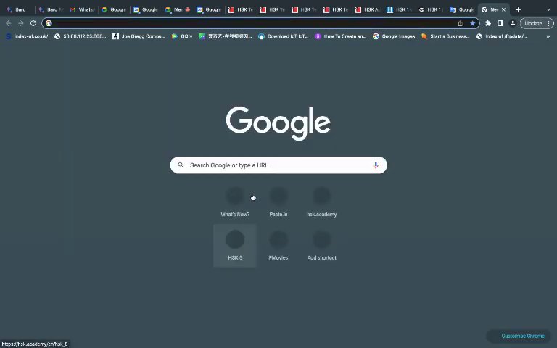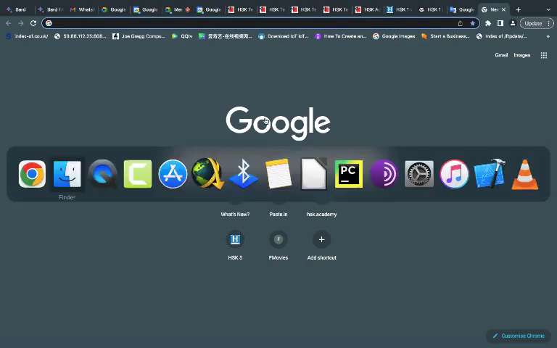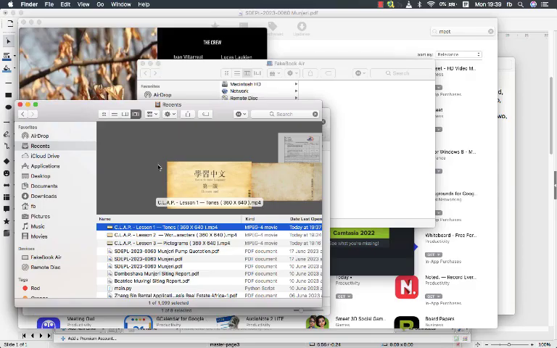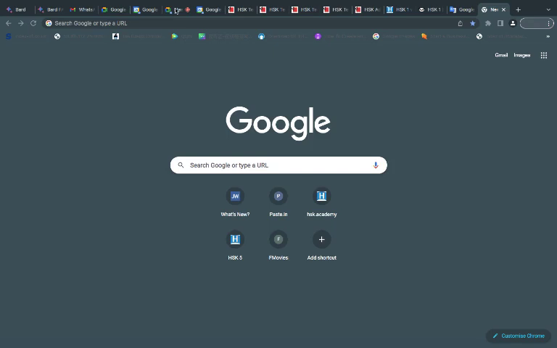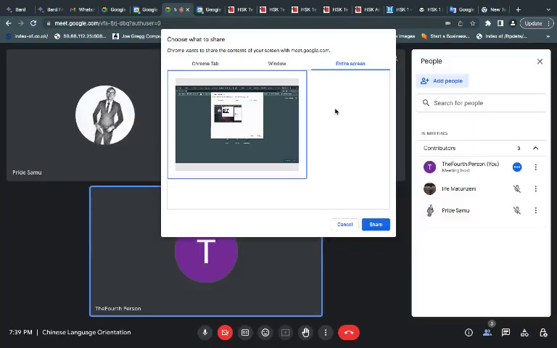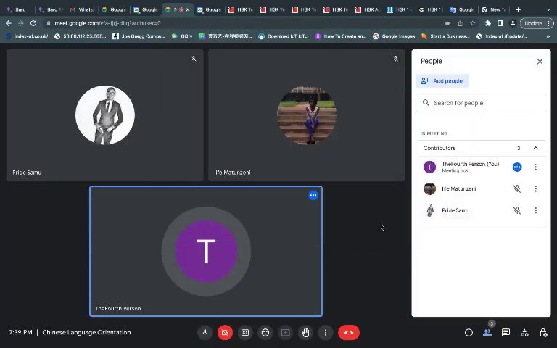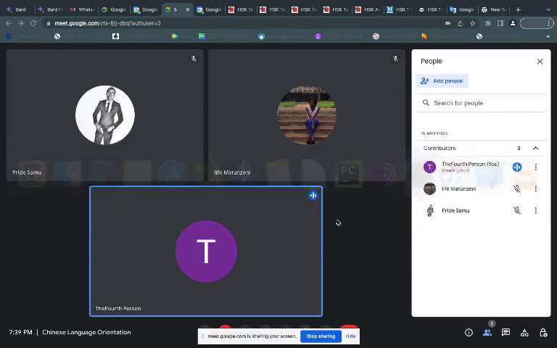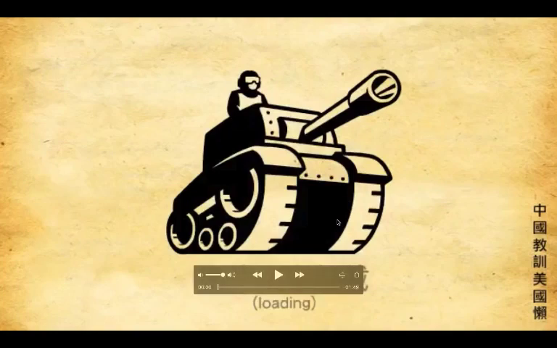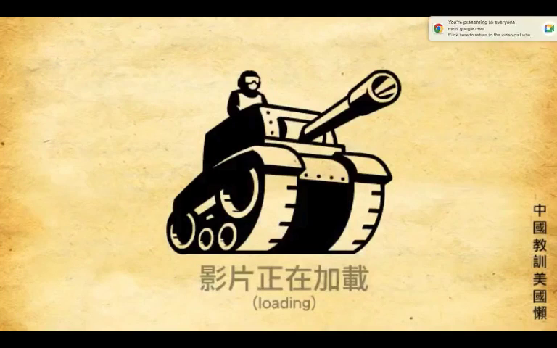Does it work? He refused. One more time with Google. Just a second. Okay, now it's allowing me. I'm not sure why it's doing that. Please confirm you can see the screen. Yes, I can see the screen. Okay, thank you.